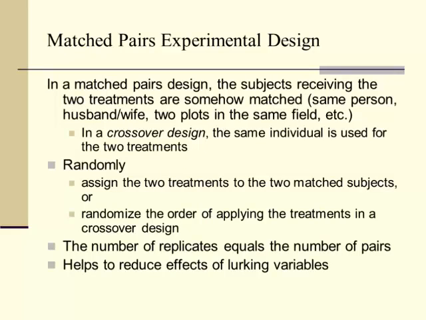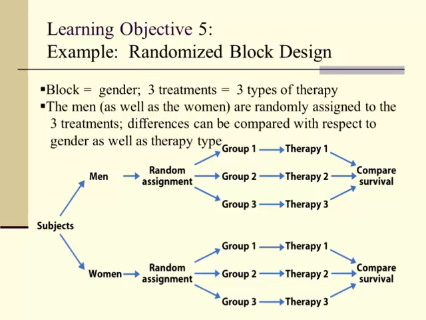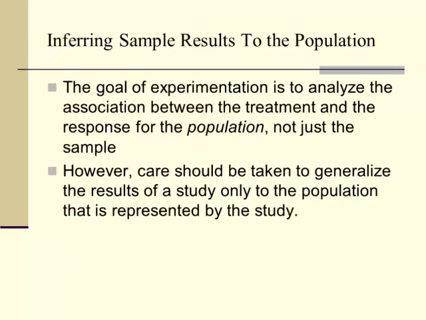A matched pairs design is where you pair up the subjects, such as a husband and wife, to go through a specific type of treatment or therapy, to see what you have. The other type, again, you can do, but you randomize the order. A block design is one where you block off a specific type of representation of the population. Again, you have men and women, you separate them, then you randomly assign them to a group